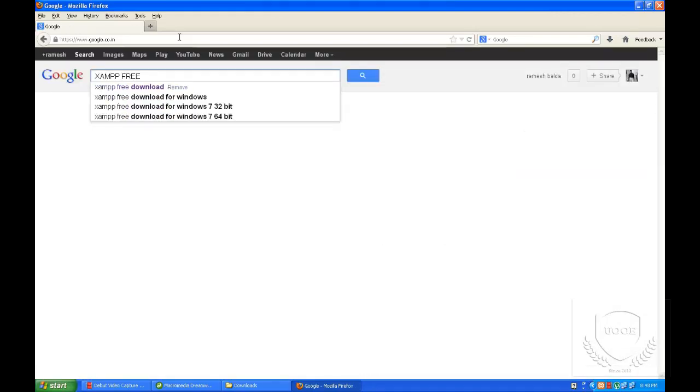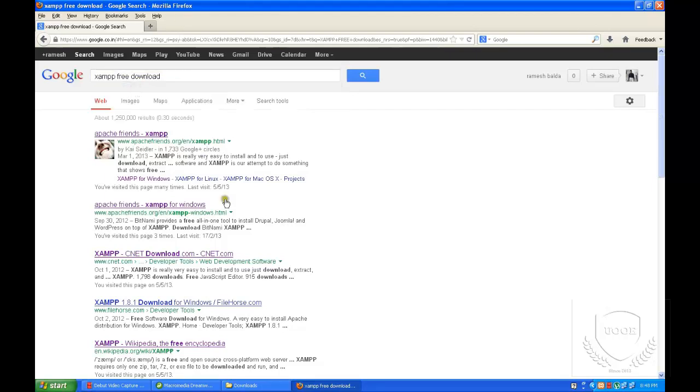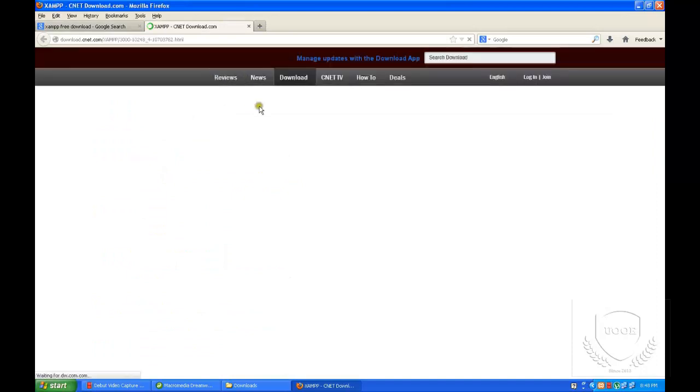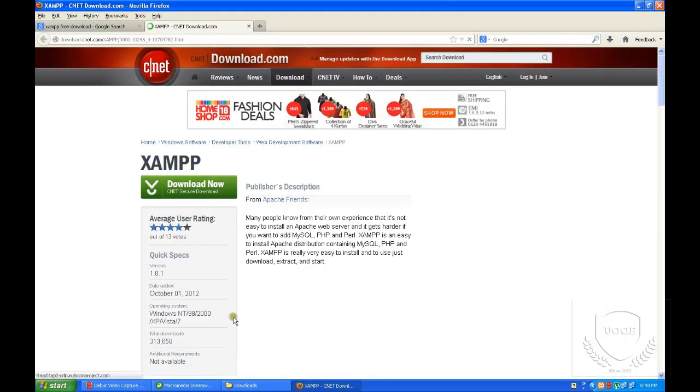I already told you that XAMPP is open source, so we do not have to pay anything for the software. It's not commercial, so we can download it online. We can download it from Apache Friends or any other site. Just click on this link. It will show you one XAMPP download button. If you click on the button, it will download.